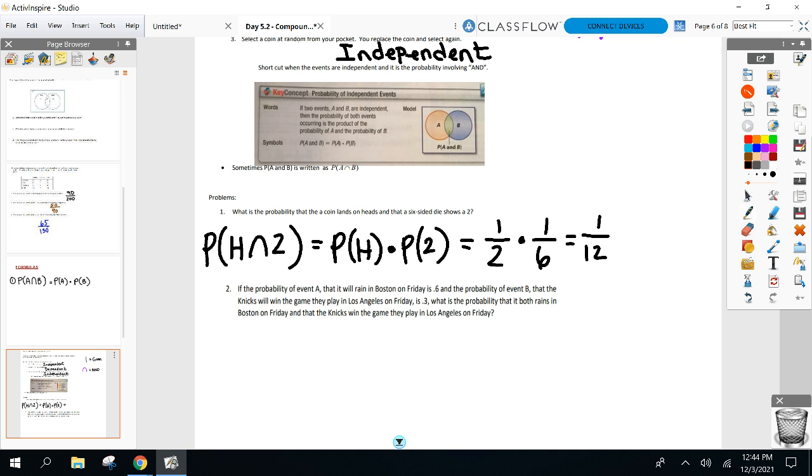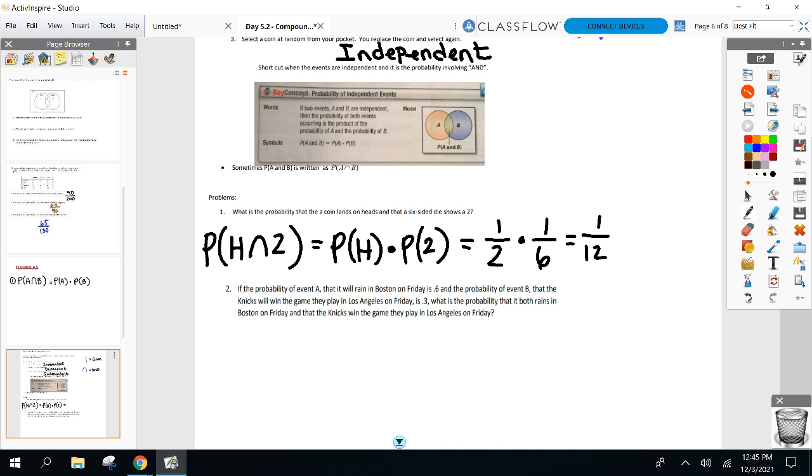Okay? Can you explain the 1/2 times 1/6? Okay, when you multiply two fractions, there's no cross multiplying. That's for if they're equal to each other. No, I just mean like how you got the half. How I got a half? Yeah. Getting a head on a coin. One coin, flipping a head. Oh, okay. So it's either heads or tails, right? So 1/2. Rolling a 2 on a 6-sided die. There's only one 2 out of 6 options. Okay, good? Everyone else all right?